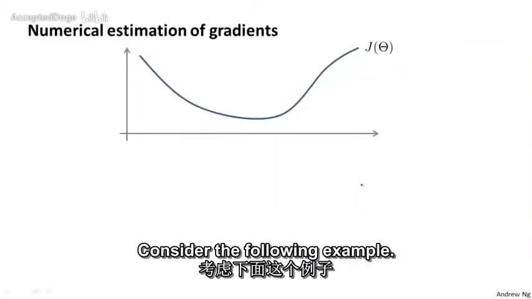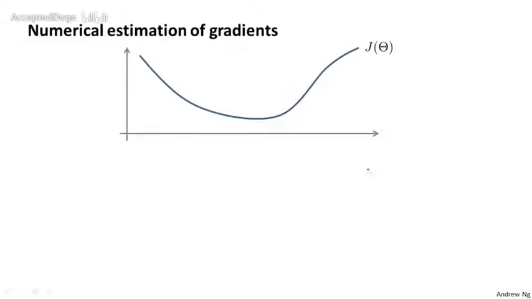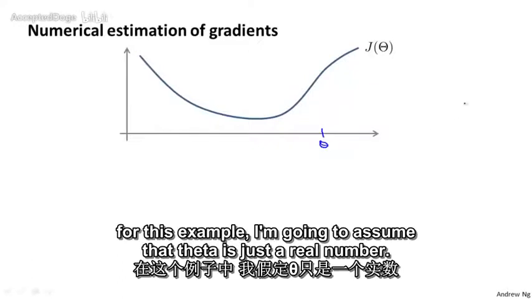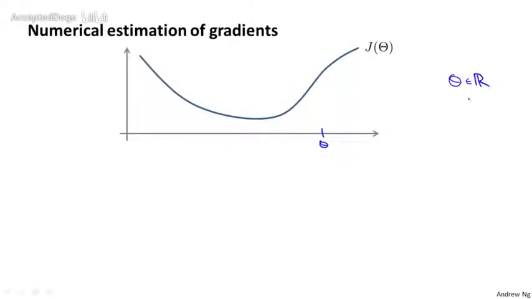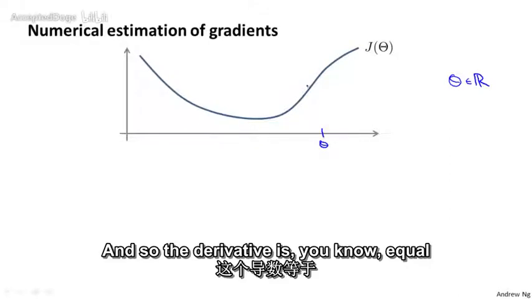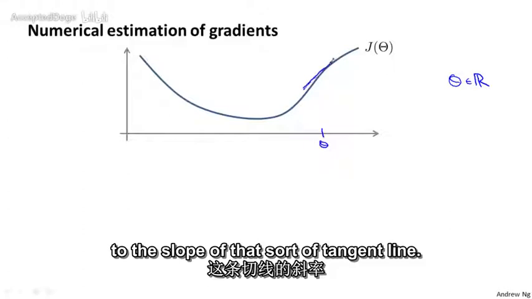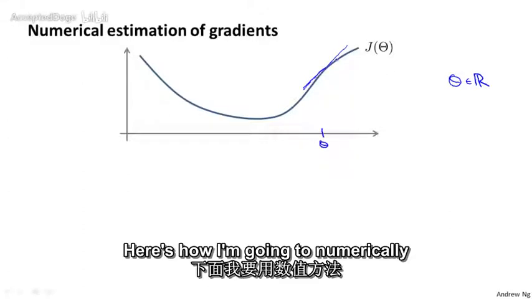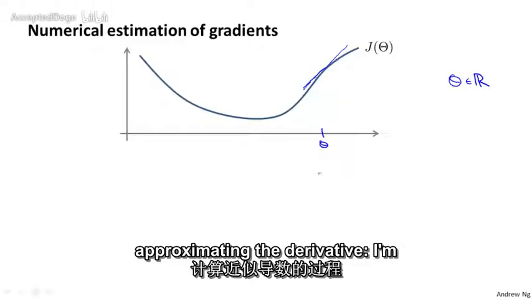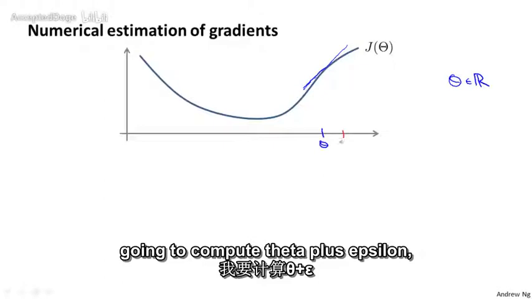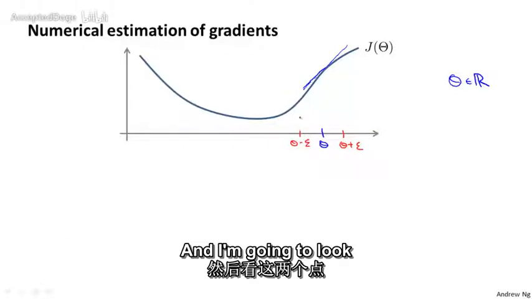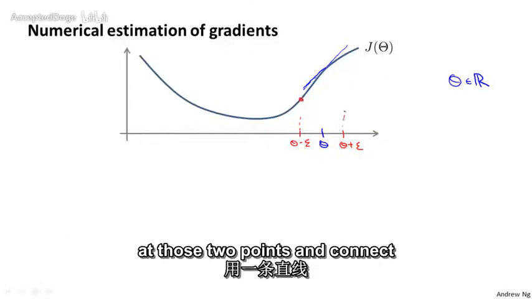So here's the idea. Consider the following example. Suppose I have a function J of theta, and I have some value theta, and for this example, I'm going to assume that theta is just a real number. And let's say I want to estimate the derivative of this function at this point, and so the derivative is equal to the slope of that tangent line. Here's a procedure for numerically approximating the derivative. I'm going to compute theta plus epsilon, so a value a little bit to the right, and I'm going to compute theta minus epsilon, and I'm going to look at those 2 points